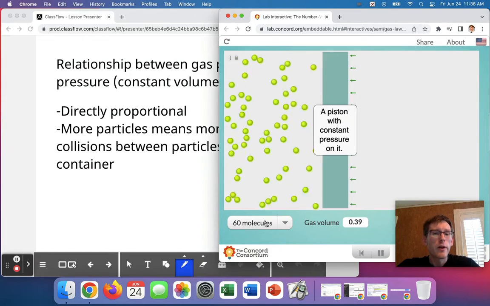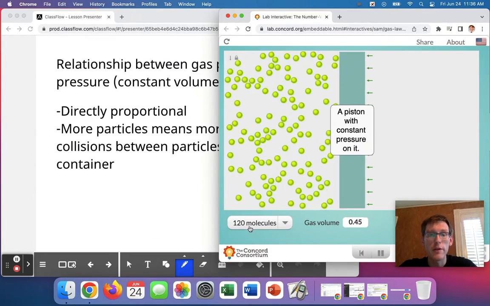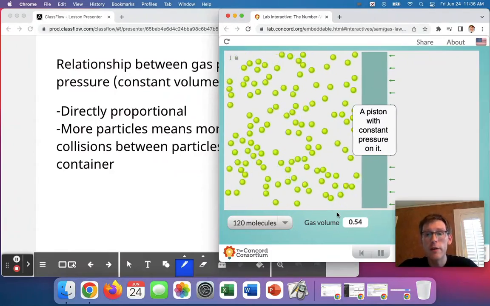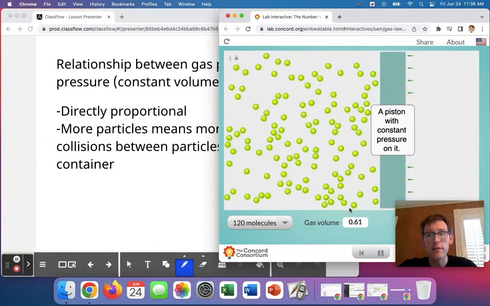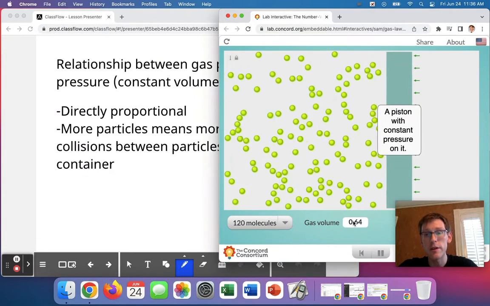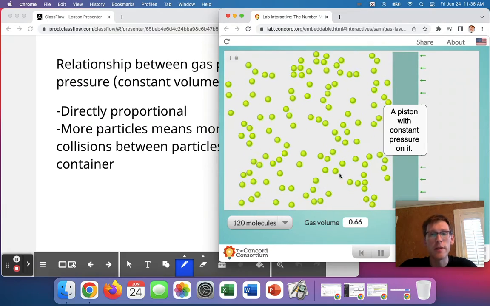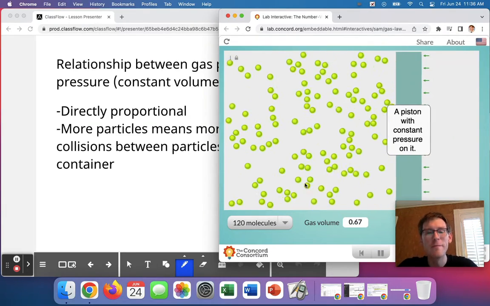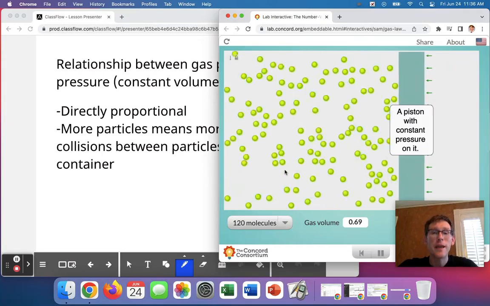Well, according to Avogadro's law, if I were to take the 60 molecules and I were to double them, well, the gas volume should approximately double, and we are seeing an increase in volume from about 0.40 to eventually it's going to hit 0.80 approximately, if the simulation gets it right. But it also could take a little while. In any case,